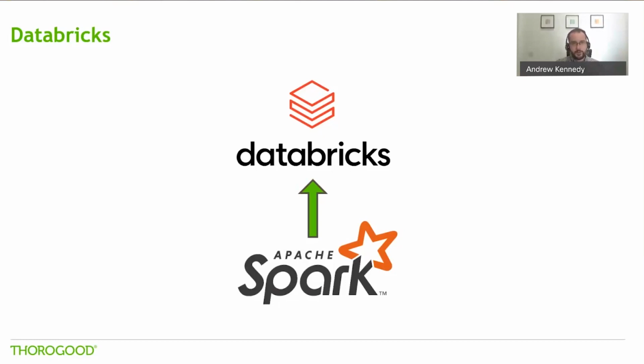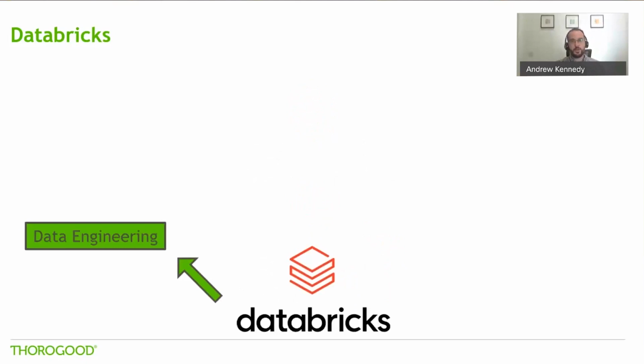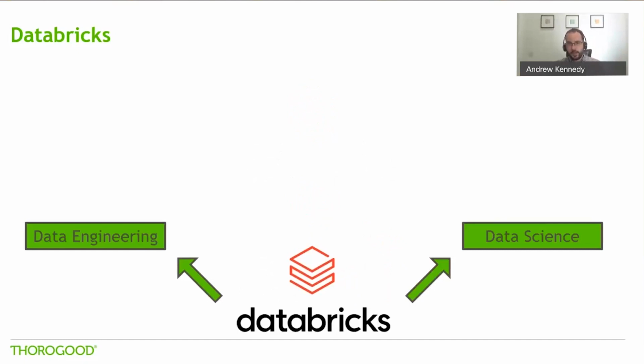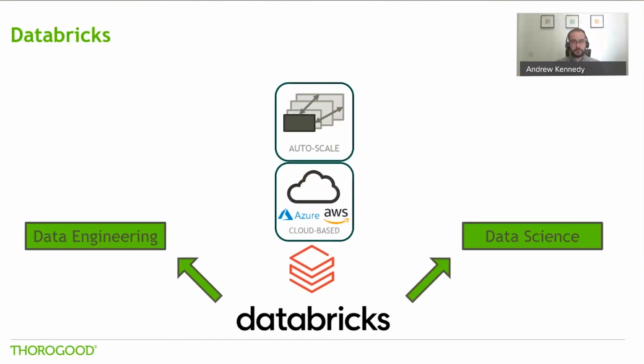And when they say Unified Analytics Platform, they mean it caters to basically two main use cases. One is data engineering, the other is data science. And that's all using the same Spark-based platform, using the same underlying data for both of those use cases. One of the key things they've done is they've made enhancements to Spark to make it run cloud-based on, at the minute, Azure and AWS, which are the two that are available. I'll comment a little bit later on what's happening with GCP at the minute. But they've updated it really to integrate it with those platforms, to use the native architecture from each of those platforms to build out a cloud-based,